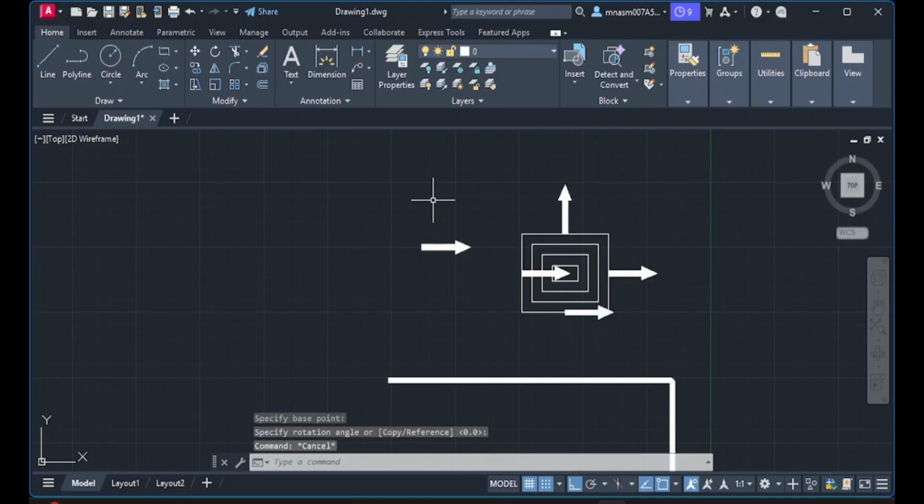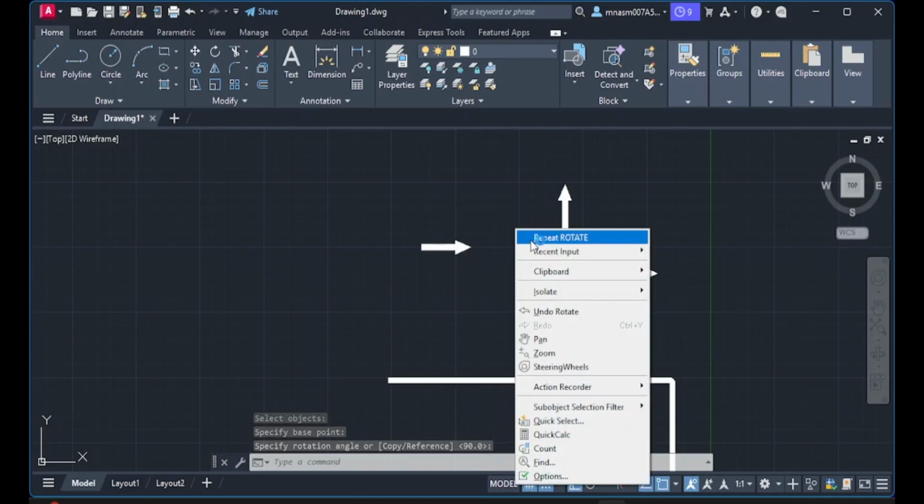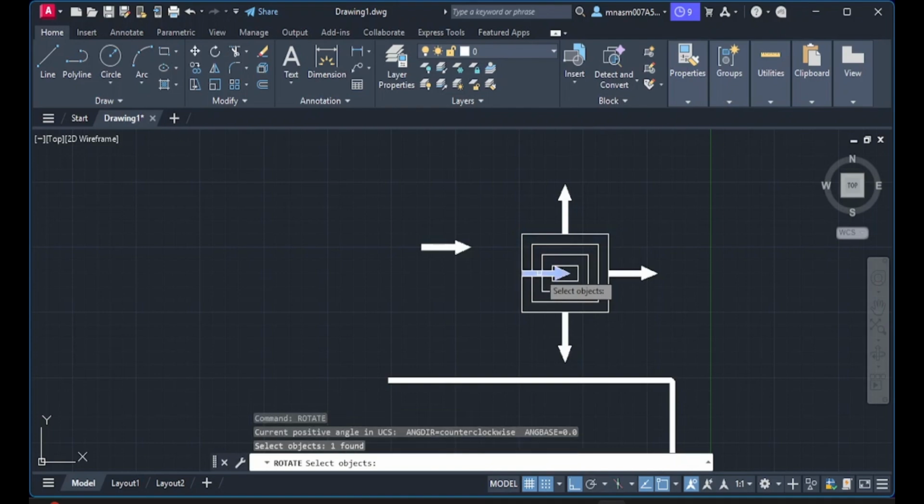Similarly I will again repeat the rotate command, and then select this, enter, and take this point and this. Similarly I will again take the rotate command, and then click here, enter, and then I will take the center as this, rotate the center, and this.